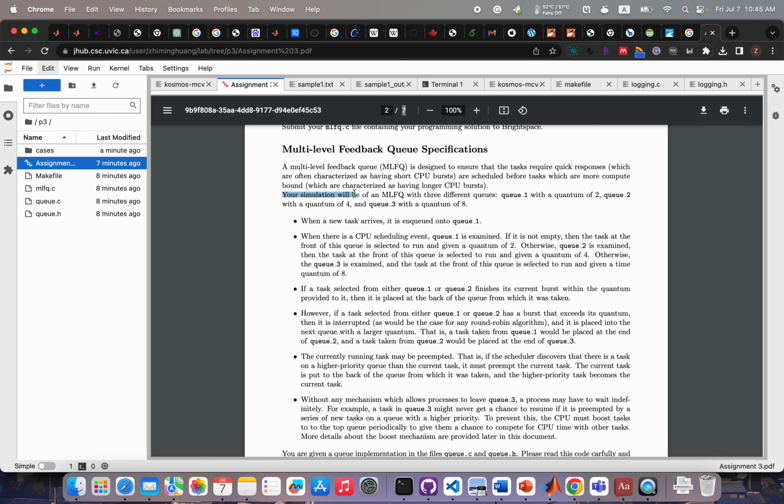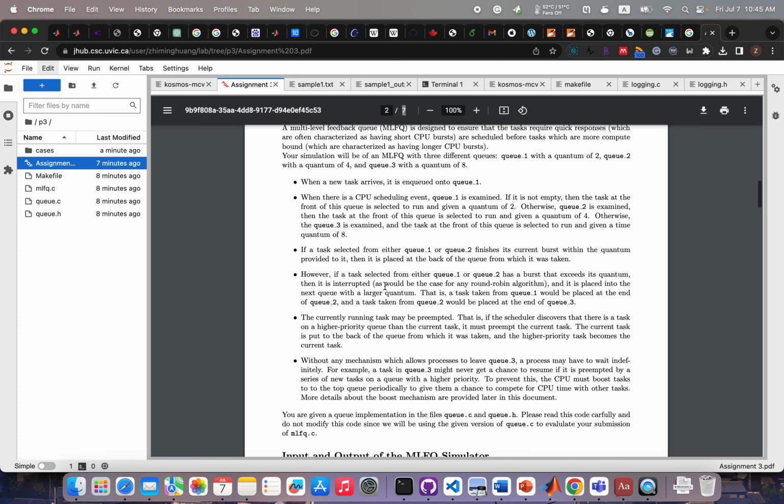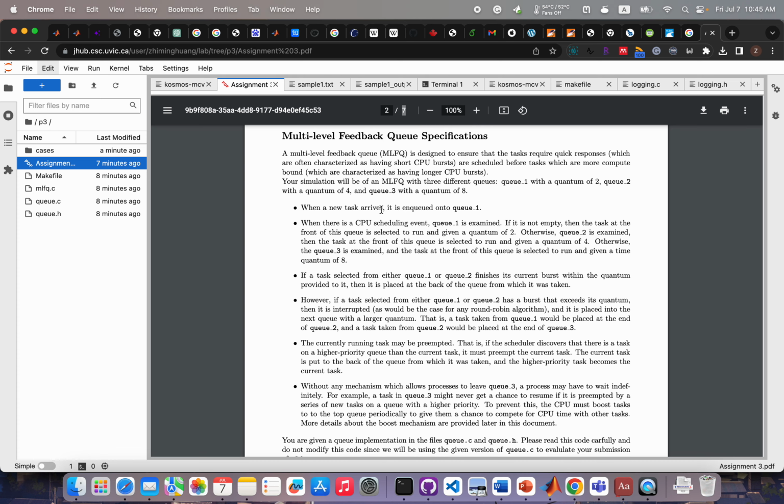So your simulation will be of an MLFQ with 3 different queues. Q1 with a quantum of 2, Q2 with a quantum of 4, and Q3 with a quantum of 8. And when a new task arrives, it is enqueued onto Q1. And when there is a CPU scheduling event, Q1 is examined. If it is not empty, then the task at the front of the queue is selected to run and given a quantum of 2. Otherwise, we will examine